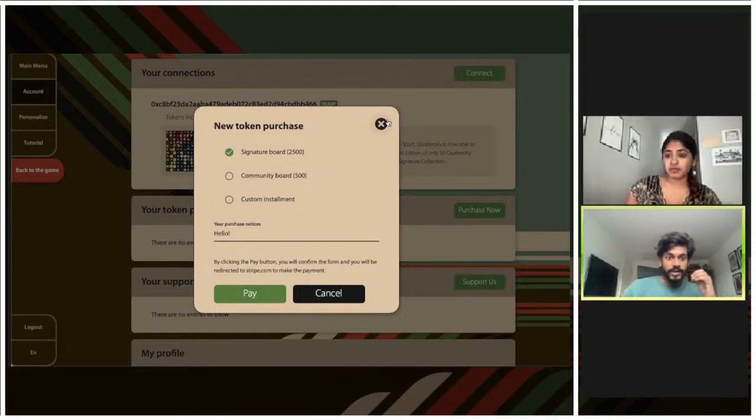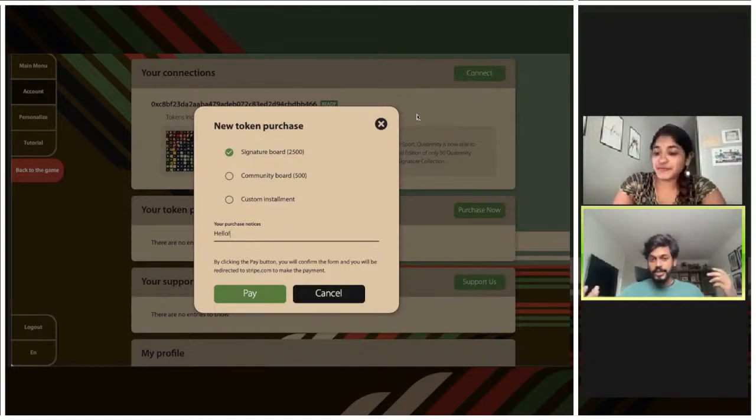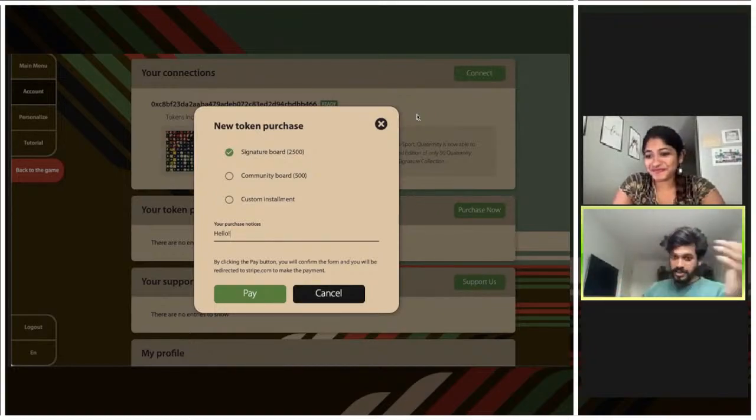With the NFT boards, it's important to remember that there's the utility aspect of using this to play, which we're going to come to, but it's also art. It's cool artwork designed by an artist named Nick Roth, who lives in LA. So it's for people who appreciate the art as well as are interested in customizing their experience.